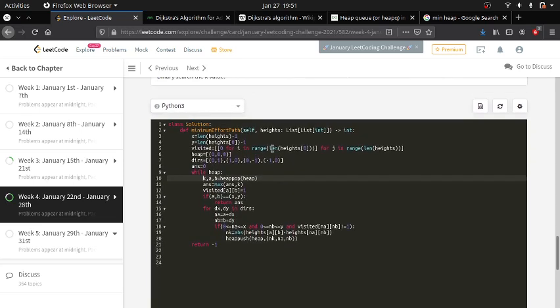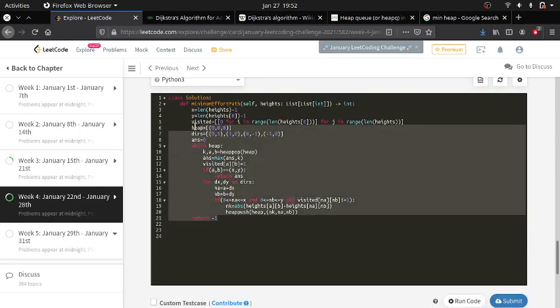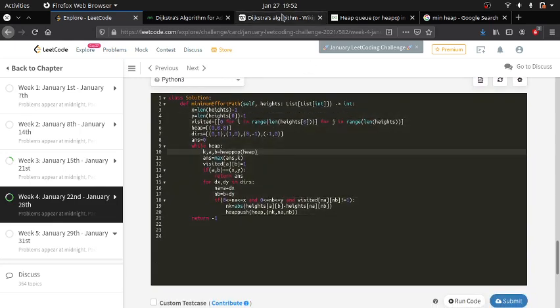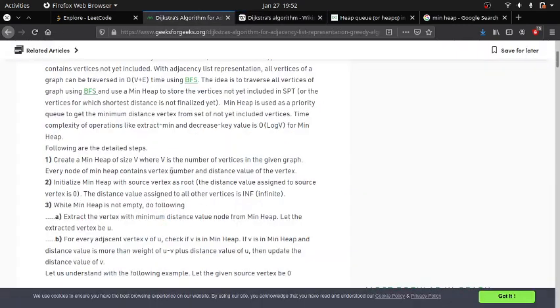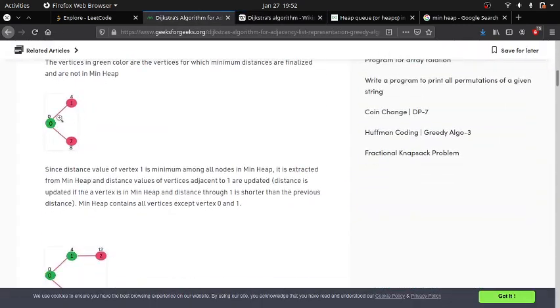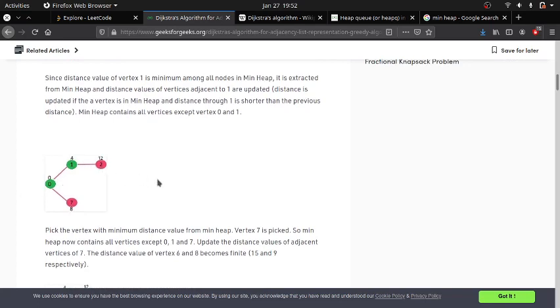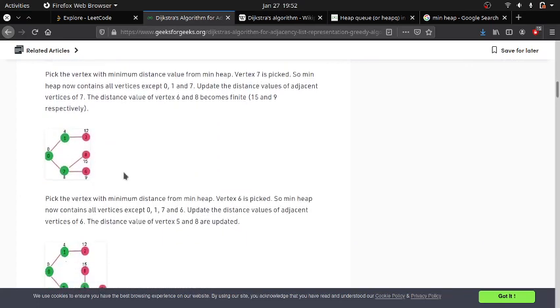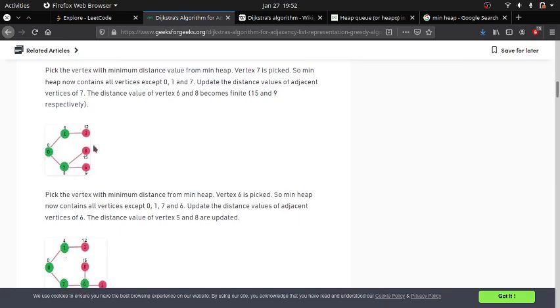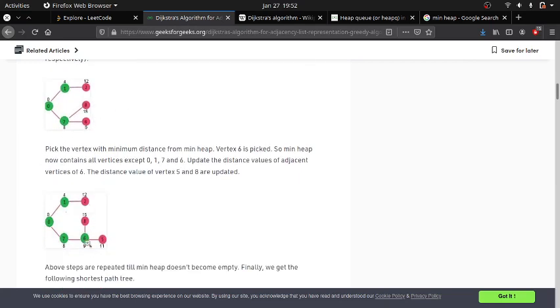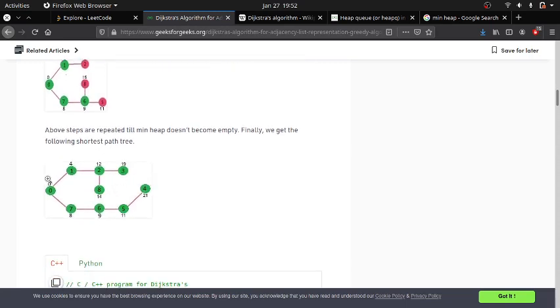Okay, so by using the heap function, the graph will be traversed in such a way that, let me show you, we will be visiting in this way. From 0 to 1, 0 to 7, from there we will be traveling to the nearest neighbor. We can say the nearest absolute difference, the nearest effortless neighbor. So we will be visiting 2, from there 6, 8, then 6, 5, and after that the minimum spanning tree will be formed.